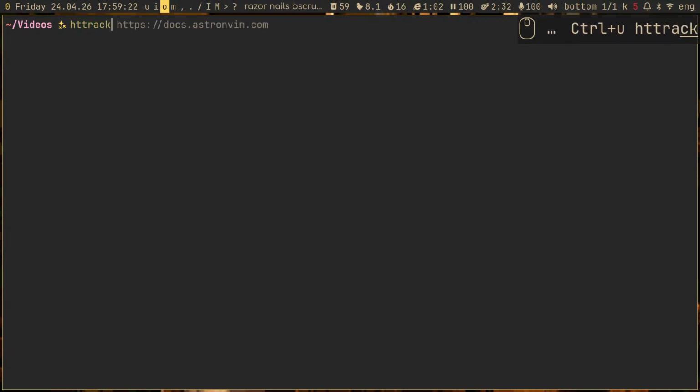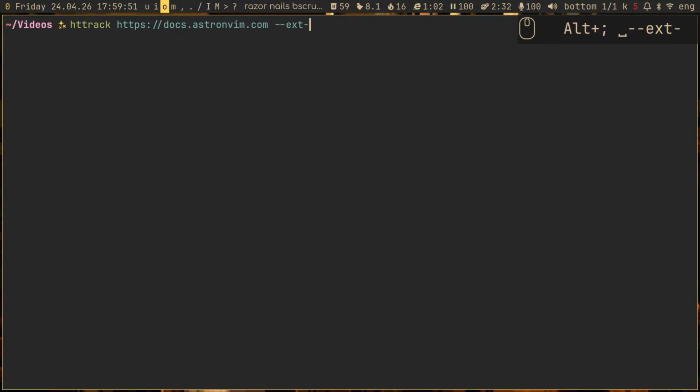So HTTrack lets you download an entire website, and it is recursive, so it will follow all the links that a website has and download those as well. But it will not go to other domains unless you specifically specify it with this option, I believe,